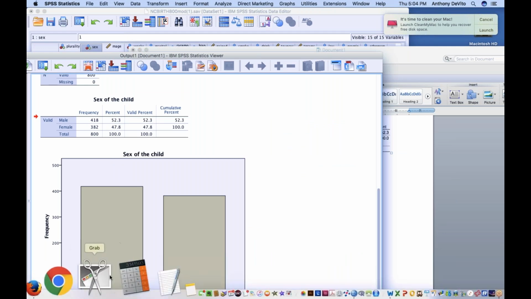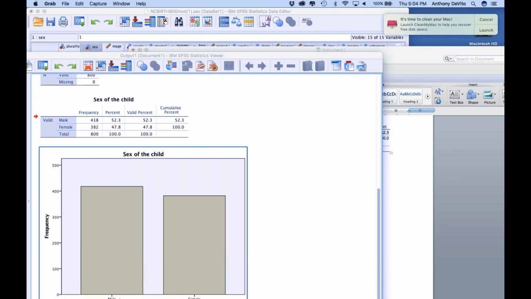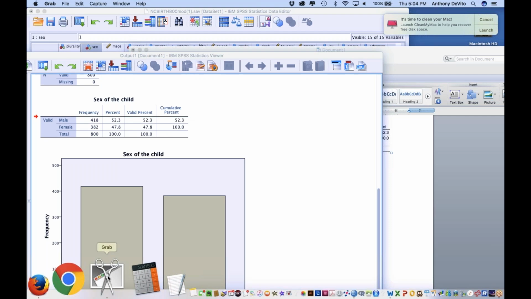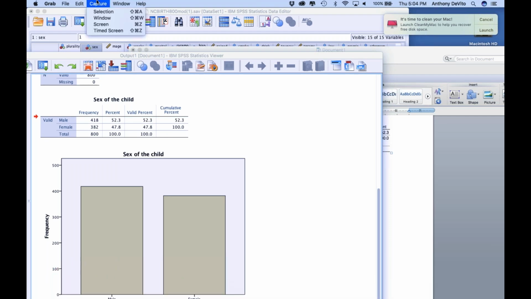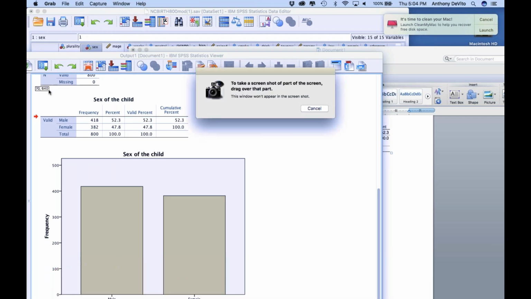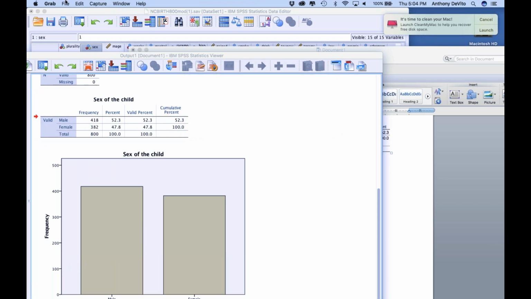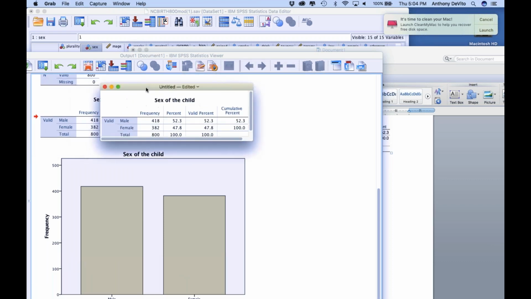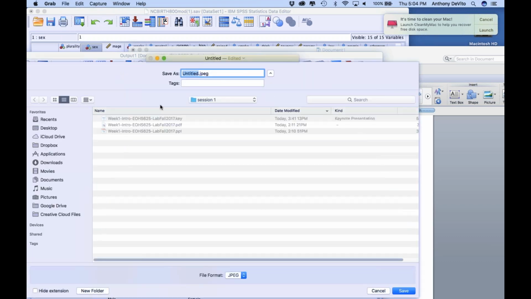If you have a Mac and you have the same problem I do, one of the things you might try is to use this little grab tool that Macs come with automatically. Go up to Capture Selection, and then just copy your table. Copy and either save it to the desktop as a JPEG or some other kind of file. You can change file types there and so on. Give it a name and copy it to there, or